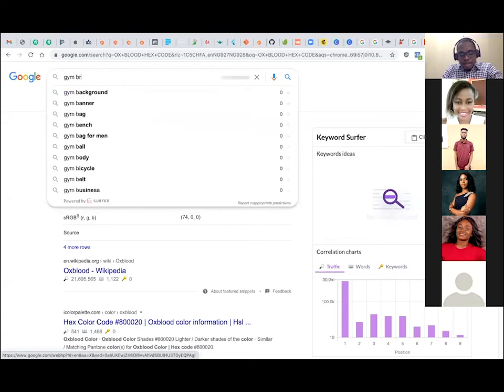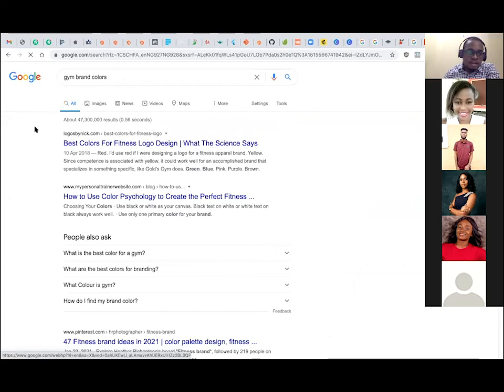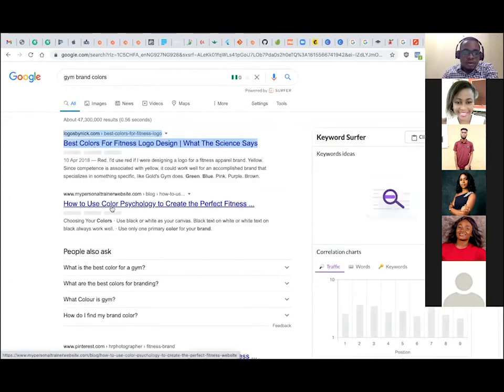Gym brand, I still do this till now. You never get older than Google. So, best colors for fitness logo design, or how to use color psychology. So let's see. Sometimes you can even go to image directly and it gives you